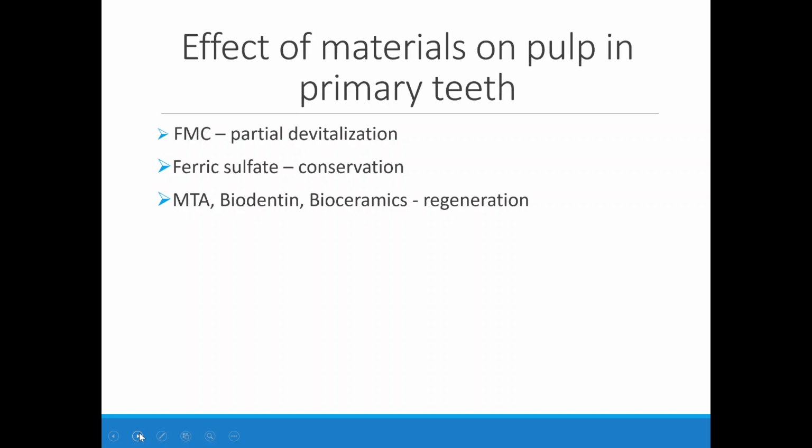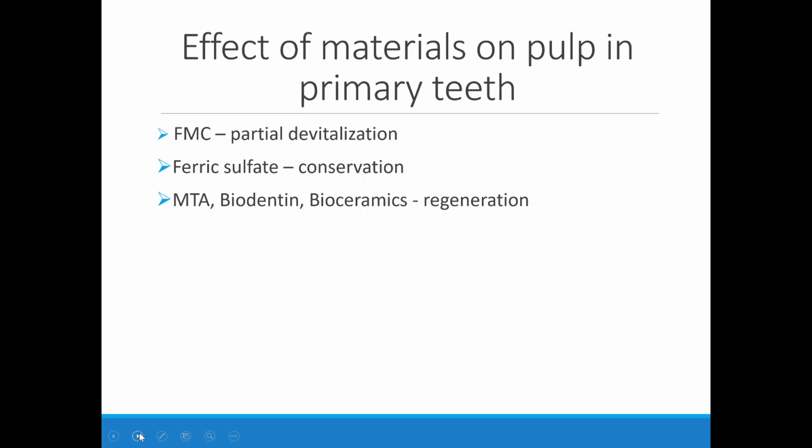Formocresol was the most prevalent medicament that we use for vital pulpotomy. Anna Fuchs is the author of this method. She's from Israel, and you can find a lot of articles about using formocresol,